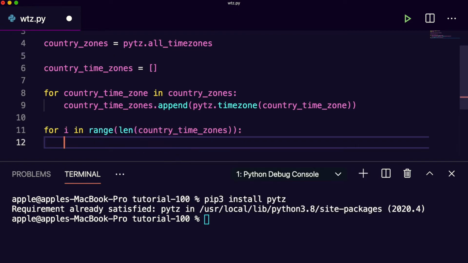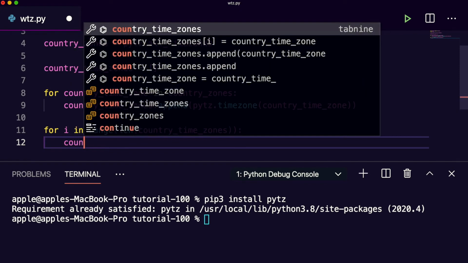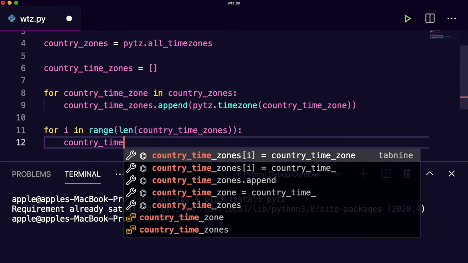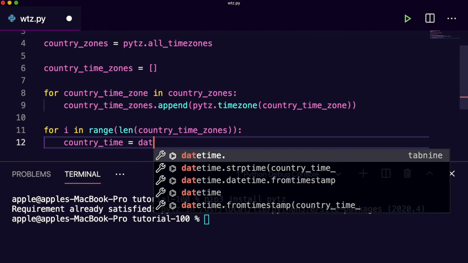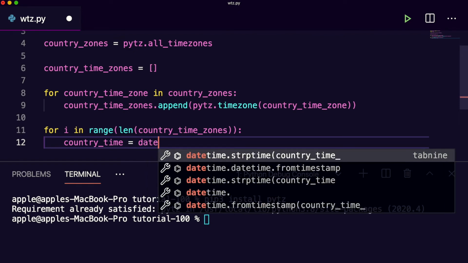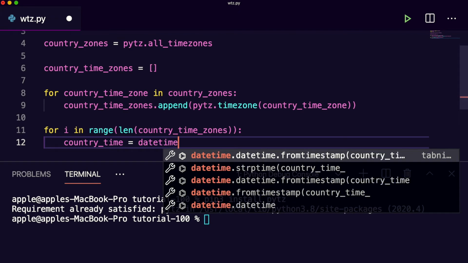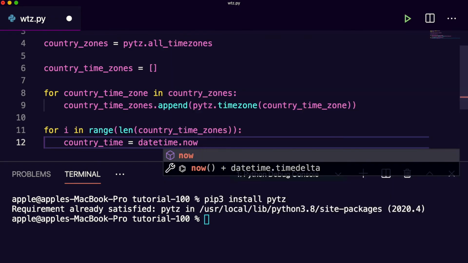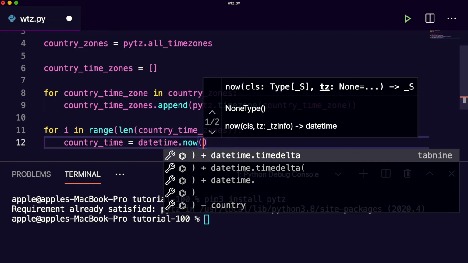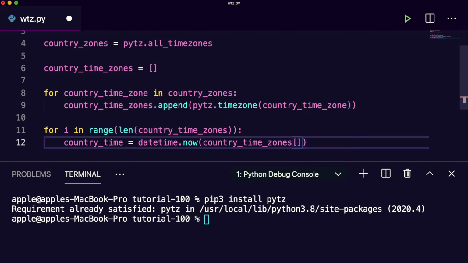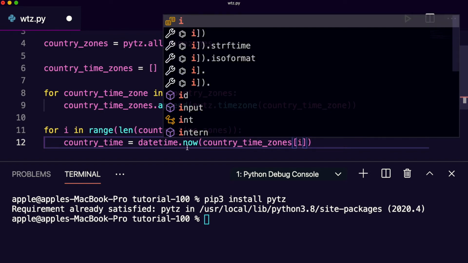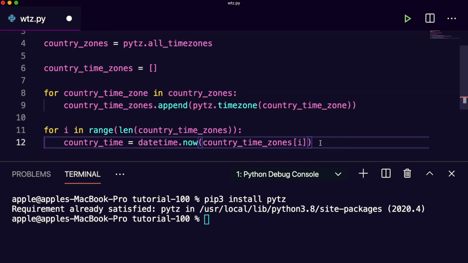Now let me define one variable where the current time will be captured: country_time equals datetime.now, the current time of the current time zone. You can pass it here. So here you will get the current date and time for the particular country.